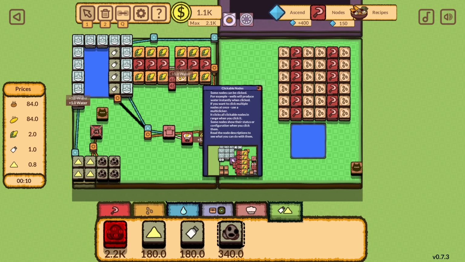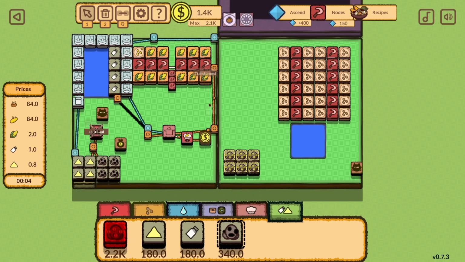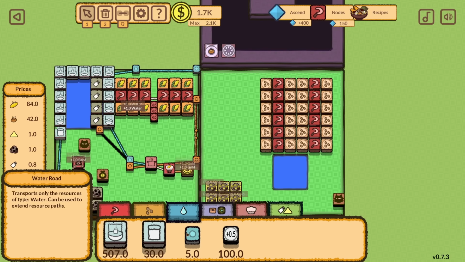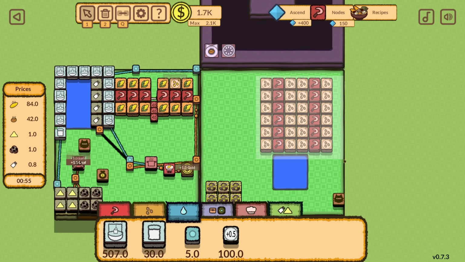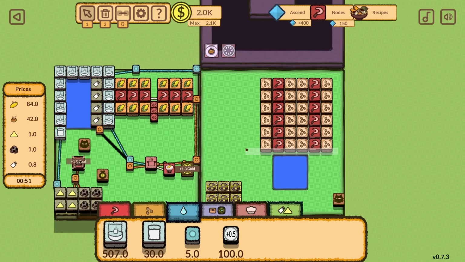Let's see. Clicker nodes. Wells produce water instantly when clicked. If you want to click multiple nodes at once, use a multi-clicker. It's an option. I just don't feel like playing this as a clicker game. Okay. Oof. Maybe